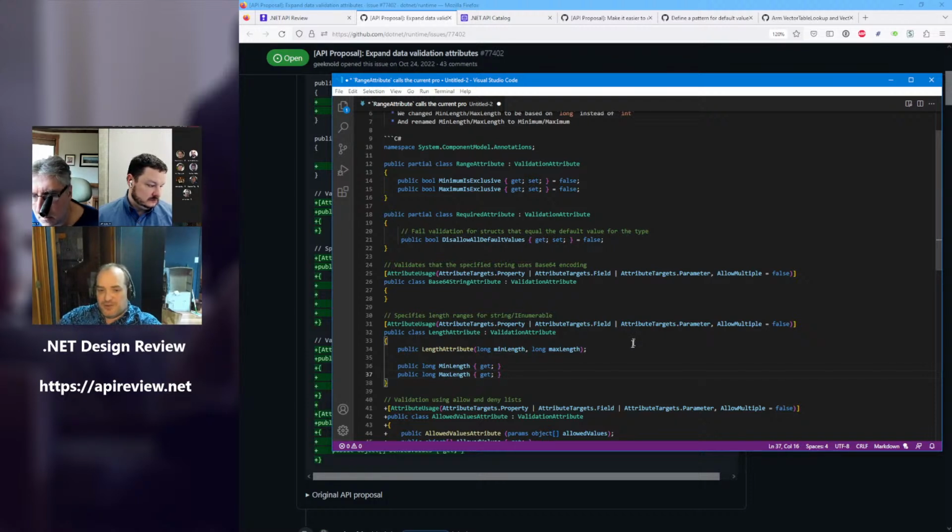Turns out it's just an attribute, so if anybody else is using it, they get to interpret negative numbers however they want. We can document that negative numbers mean not validated. The point is we're going to allow it. We're not going to say that you have to pass in positive values to these things.